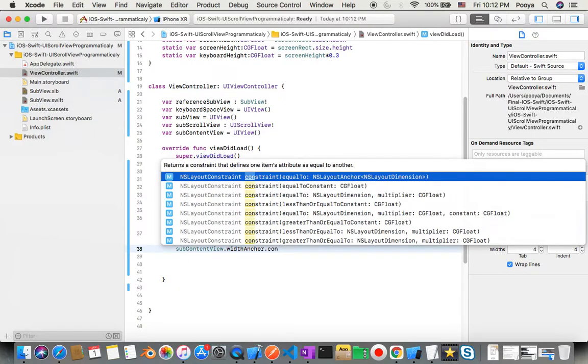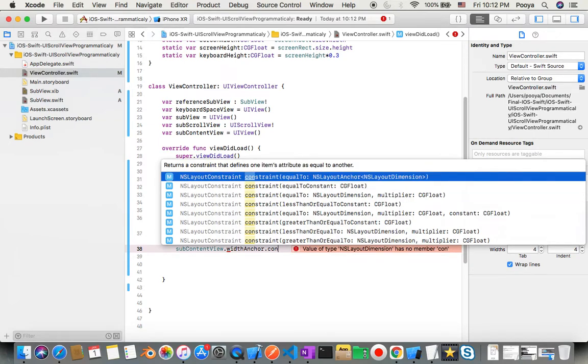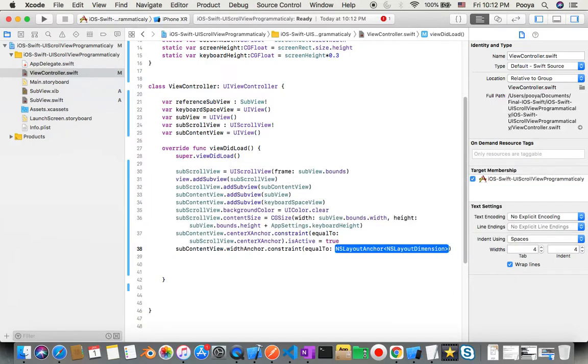So which constraint? The constraint equal to. But which equal to? I believe it's going to be the first one. Yes. And here again I'm gonna go by